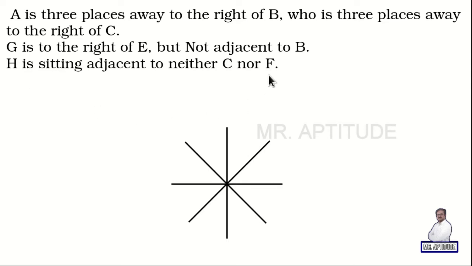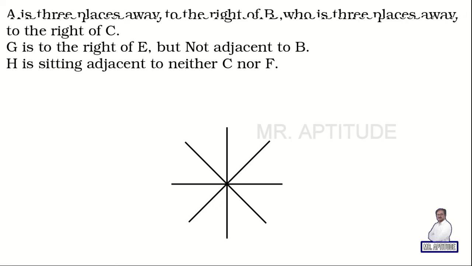So as we understood the given conditions, now let us place the given members in this circular table. My question is, which condition one should start with? You have to mainly focus on this. You have to select the first condition. So selecting the first condition is going to play a key role in answering the given question. I want you to go with the condition where you are given more information. So let me go with the first one.